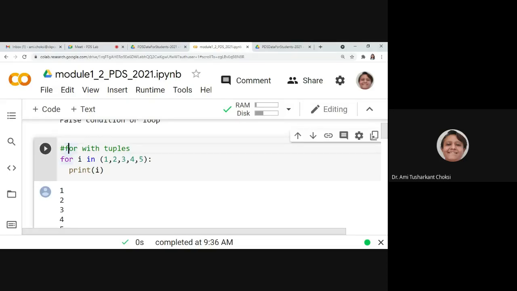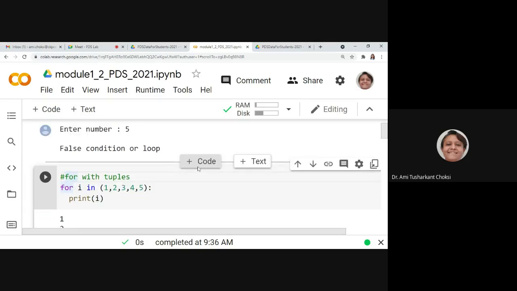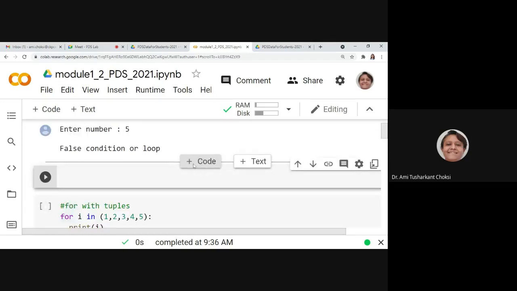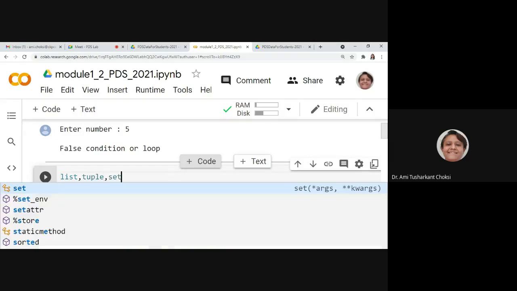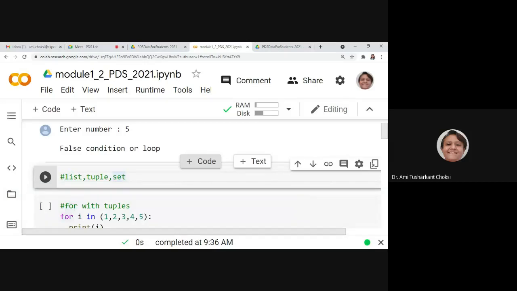With tuple, do we know? No, we don't know. Okay, let me show you one example so you can have the idea. We already know that list, tuple, and set are all having comma separated values, right?